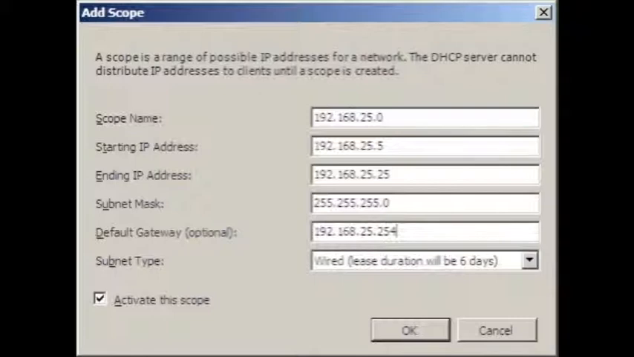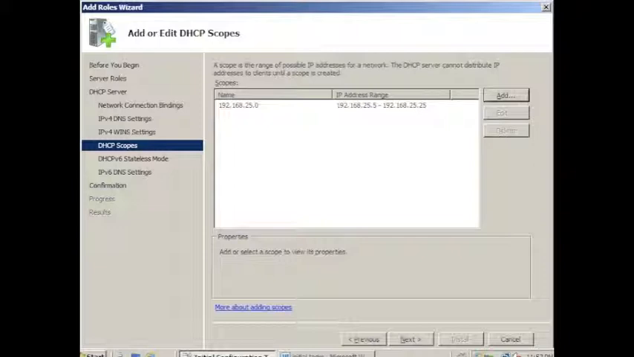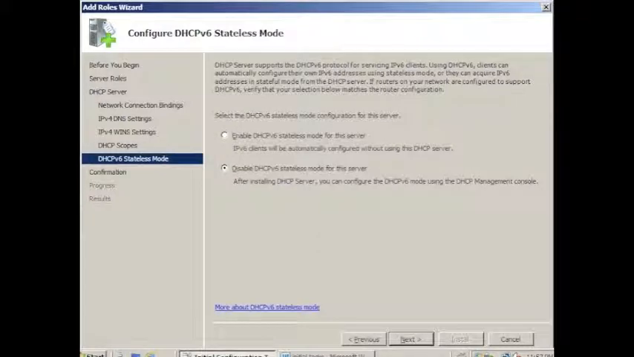Leave the subnet type as wired and make sure the box is checked to activate the scope. Double-check the information is correct and press OK. This brings you back to the Add or Edit DHCP Scopes window. Click Next to continue. Our network is entirely IPv4, so disable DHCP v6 stateless mode for this server on this screen